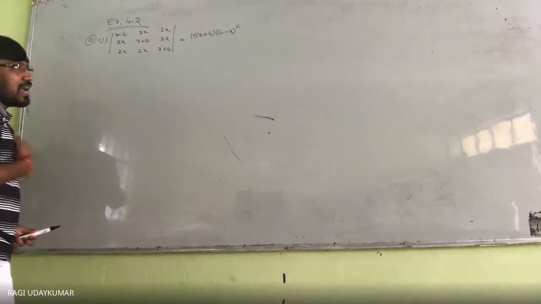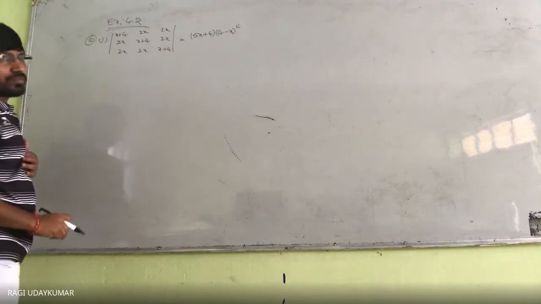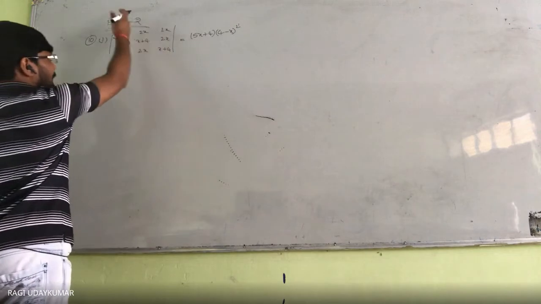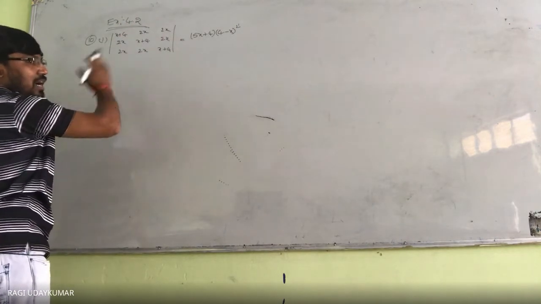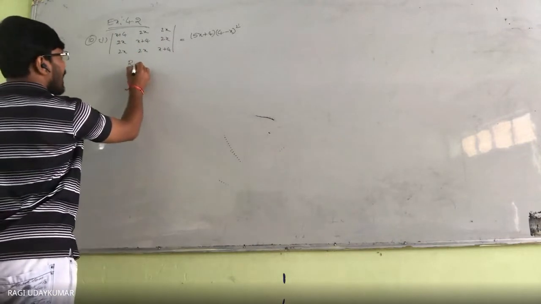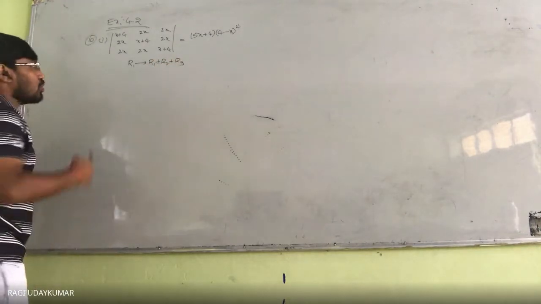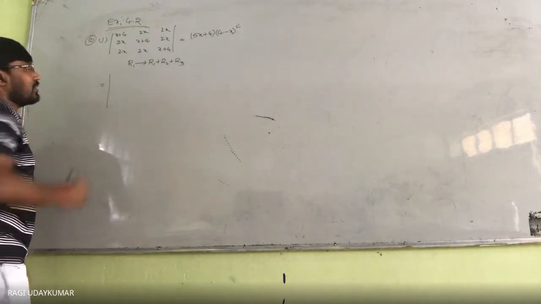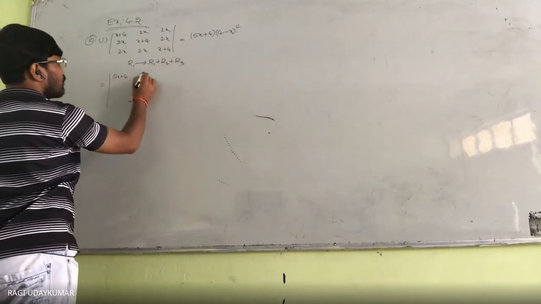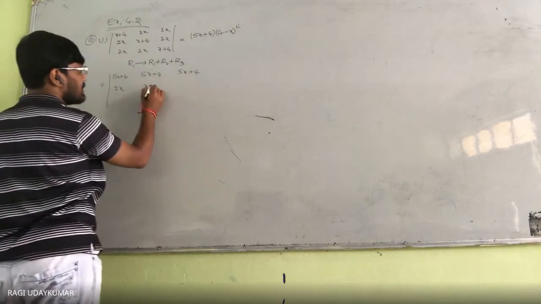Observation only this is. Sir, how do we get that one? Very simple. ये तीनों को ऐड करो, तीनों को ऐड करो, तीनों को ऐड करो. Then we are going to get it. Whether you add rows or add columns, column 1, column 2, column 3, you are going to get the same thing. So I am going to write R1 tends to R1 plus R2 plus R3. So row 1 I am changing by adding this. So we are going to get 5x plus 4, 5x plus 4, 5x plus 4. The remaining two rows will be as they are.